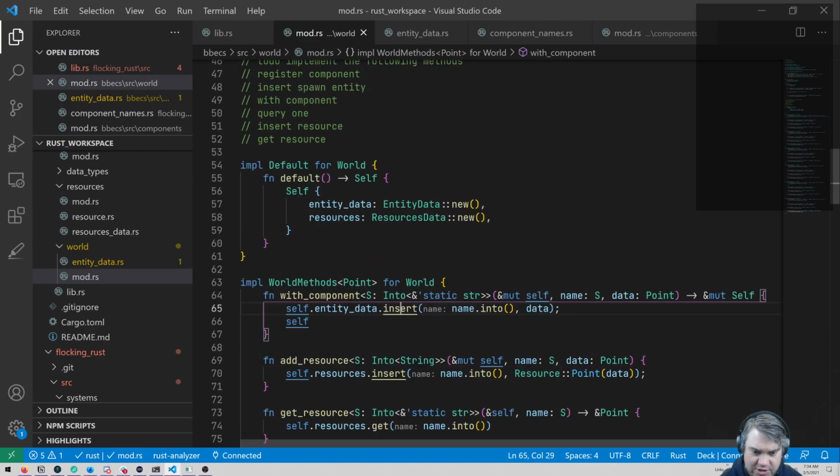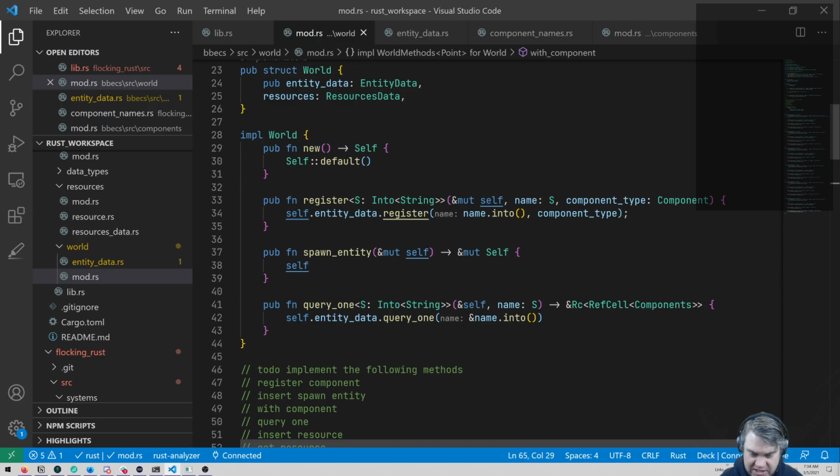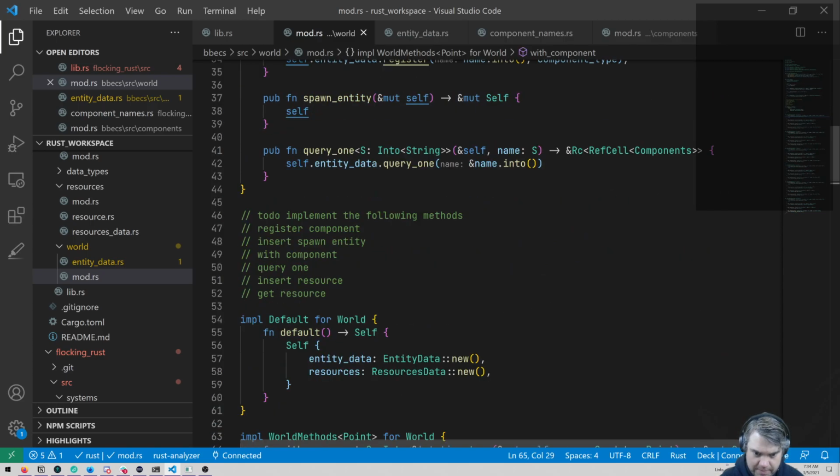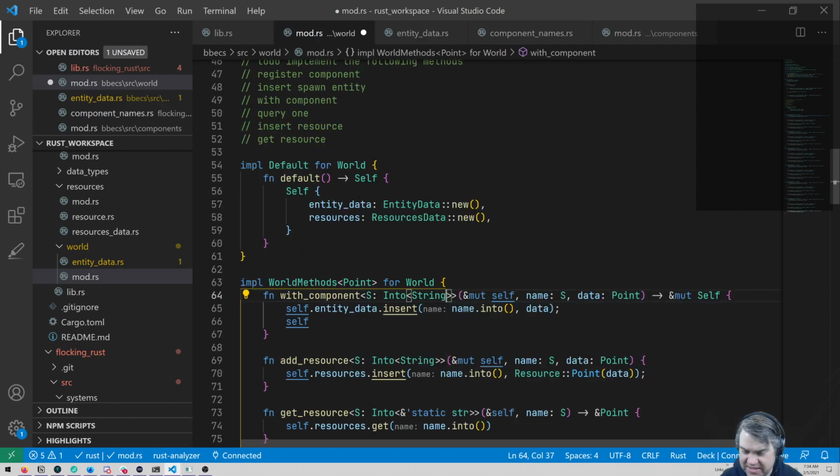In mod where we do register, it needs a string, so that's fine. When we do with component, it needs a static str. I'm going to say that it actually needs into string. It's not quite as nice because we're doing the into, and then I'm immediately doing a reference to that.